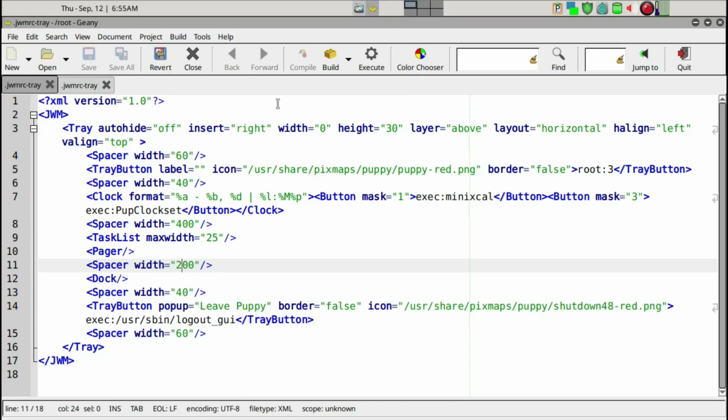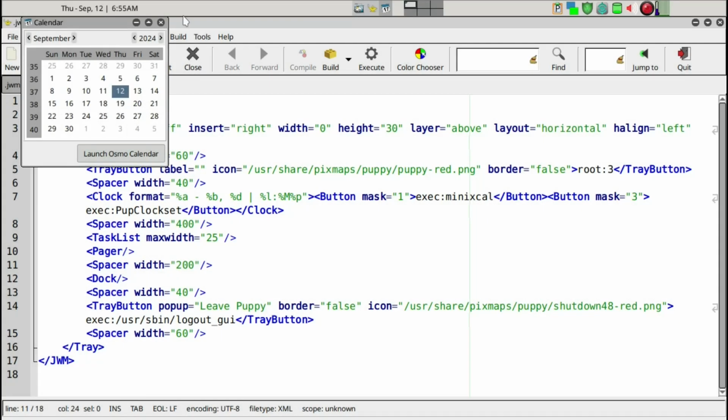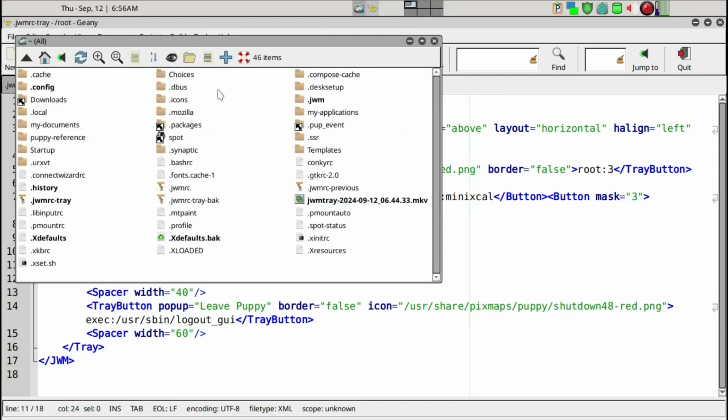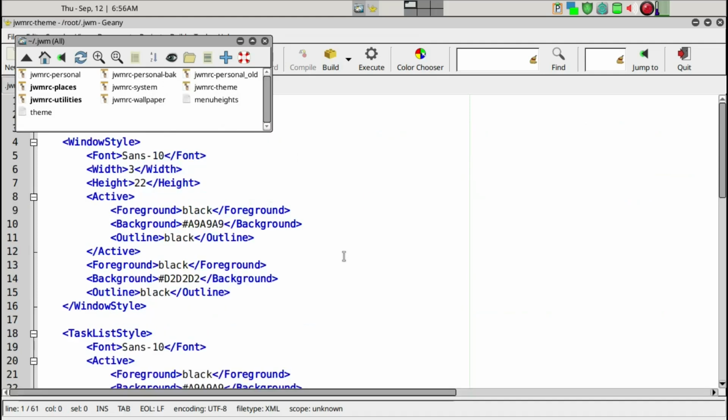so the dock shows up fine, and then the font size of the clock is too small, but that needs to be corrected, not through here, but JWMRC theme file, which let me just show you. So theme file is within JWM folder. So we'll just go here, and then we'll go to theme, and we'll load it up in the